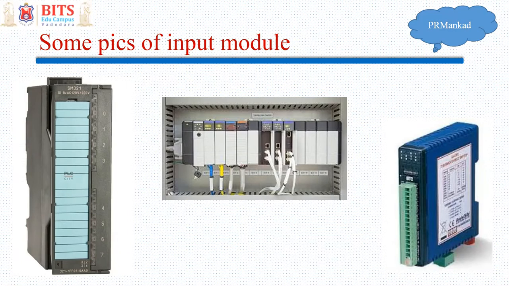In short, the PLC reads data from the field devices, and the PLC can understand data in the form of ones and zeros only. So whether it is the status of a button pressed, on or off, or information from various sensors, say temperature, pressure, and flow, all that information is converted into a suitable form using the input module, and then it is given to the CPU. The CPU stores it in an input status file or in certain tables. Then it executes the program with the help of the inputs, and then it updates the output.